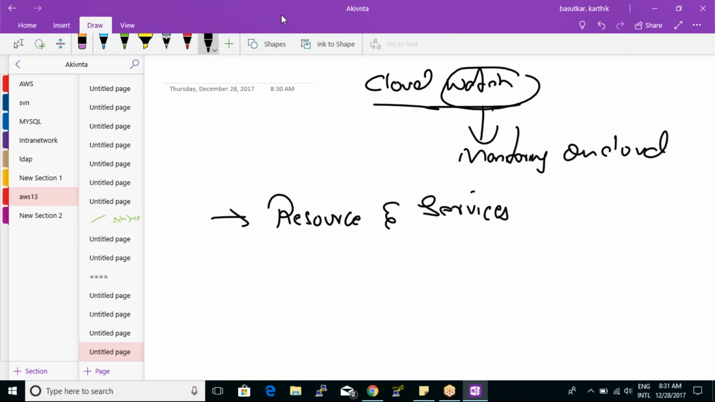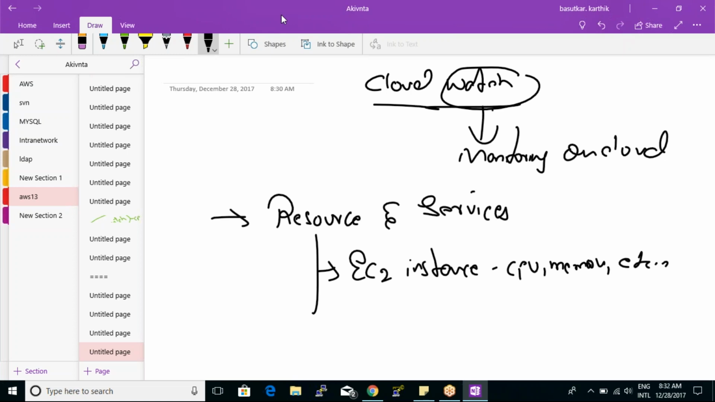So what does resources entail exactly? For example, you can monitor resources like an EC2 instance, CPU utilization, memory utilization, etc. For services, you can monitor services like, for example, there is a service called